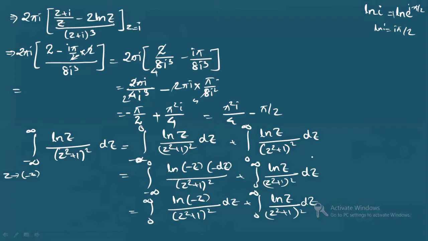Till here it is clear. You have just done the limit, the integration limit. It's minus infinity to 0, so I have made it 0 to infinity. So now this is done. You're getting the integration limit to be 0 to infinity. Now we will see this part. For this part, we will use the logarithm property. What is the logarithm property that we will be using? We know ln(a·b) equals ln a plus ln b.